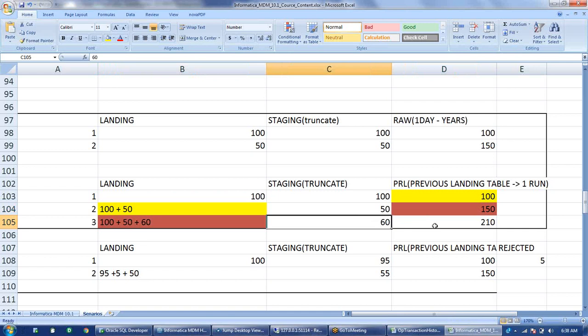But the main thing is there is no advantage, because when you already have all the records in your landing table, like here I am just appending 100, then 50, then 60. If every record is there already in my landing table, then there is no need to maintain a raw table. I understood this. Okay, that's fine. But I told you, in real time we will not do it. This is just for training purposes. So here it asks you to enable everything so that you can test it.